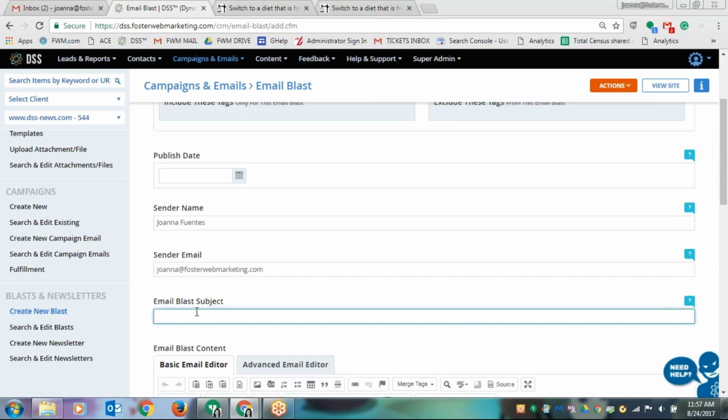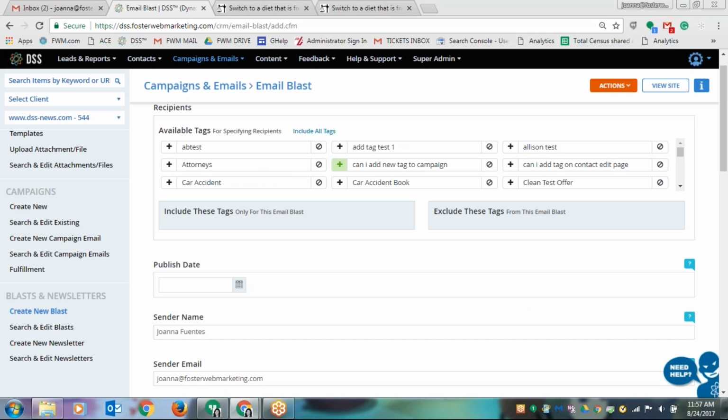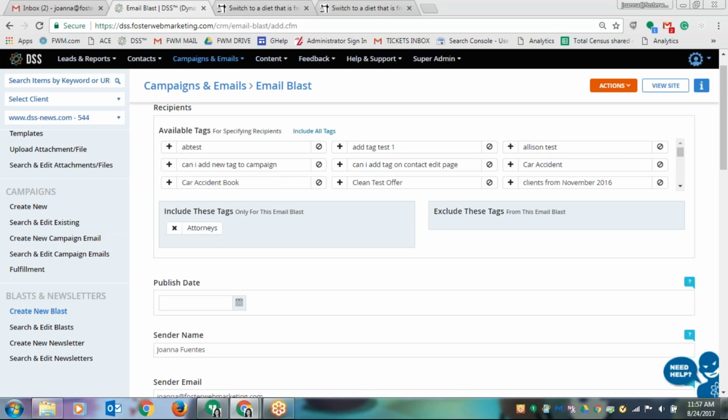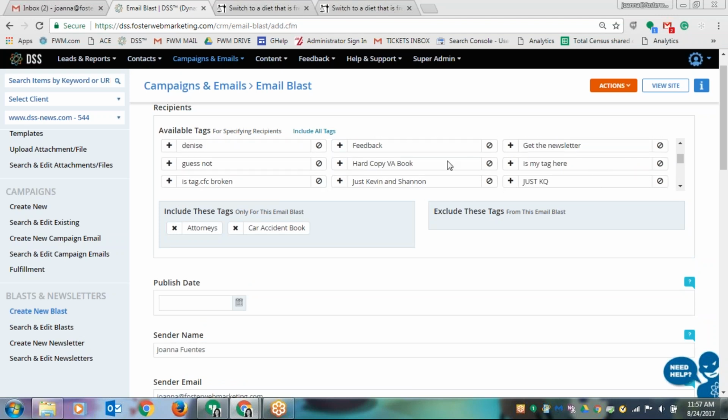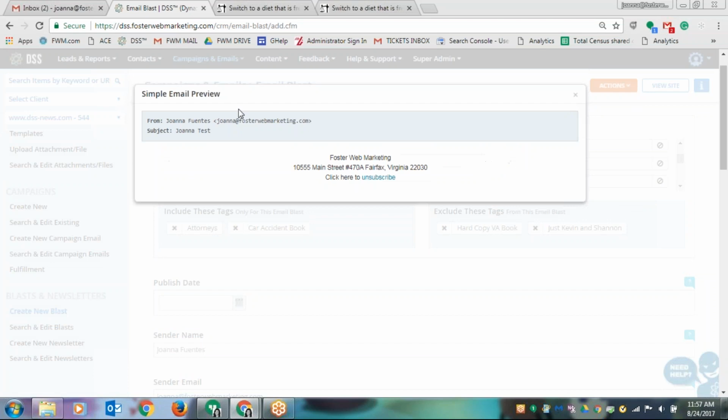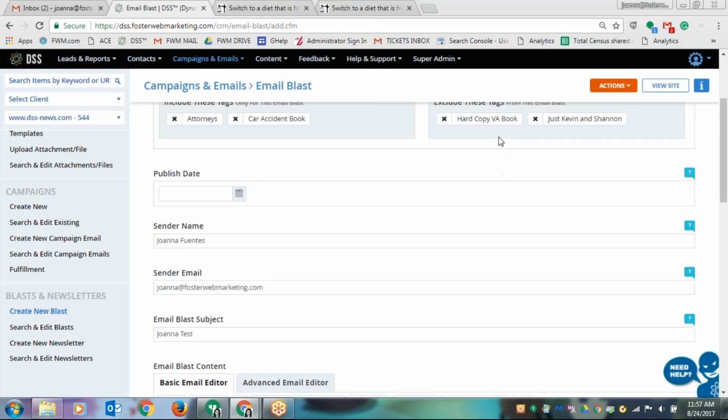So once you're done with that, let's say I wanted to send it to people who are tagged with attorneys, car accident, and I didn't want anybody here, include this. You can hit preview and just have an idea of what it'll look like. Of course, I didn't add anything in the content editor, but